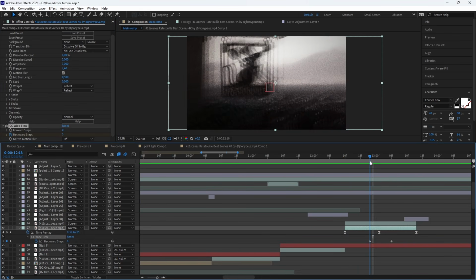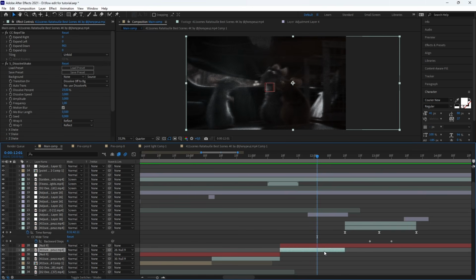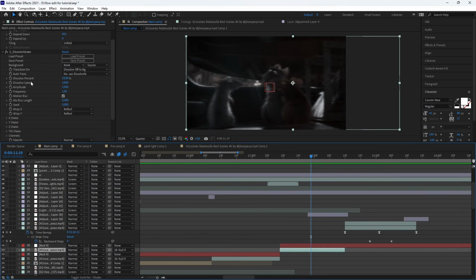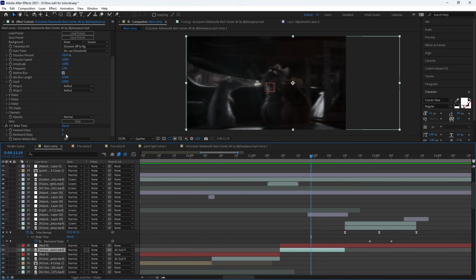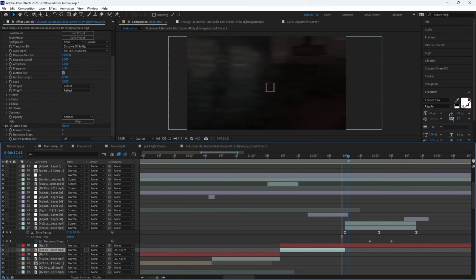So you can see it's 3, so we have this kind of echo effect until 0, and I added on the previous one the CC wide time to 5 in this case, to get this nice blurry echo effect.